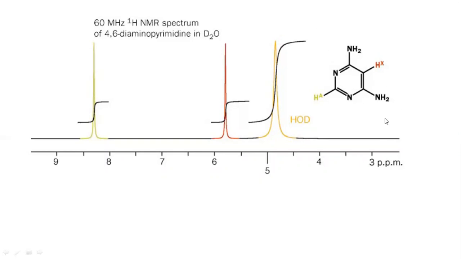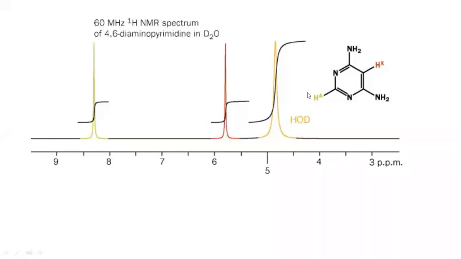So this NH2 and this both react with D2O and there is exchange of protons. The exchange rate is so much faster, and therefore this HX will not sense that it has a neighboring proton. HX will not have n equal to any proton, n equal to 0. Therefore it again appears as a singlet. So it is clear why they are singlets.